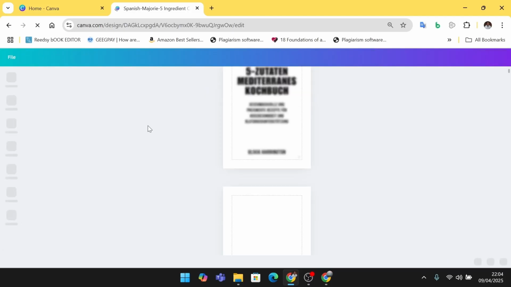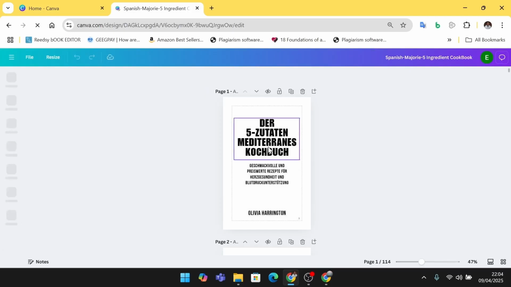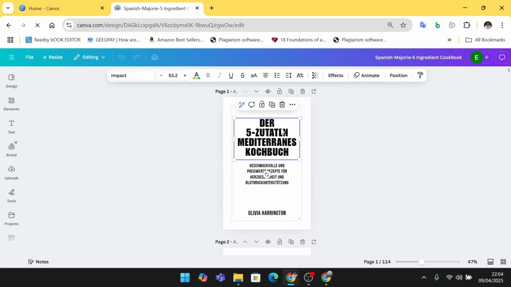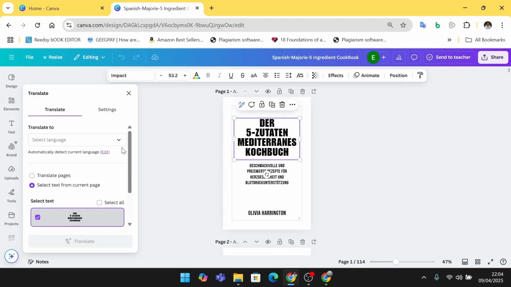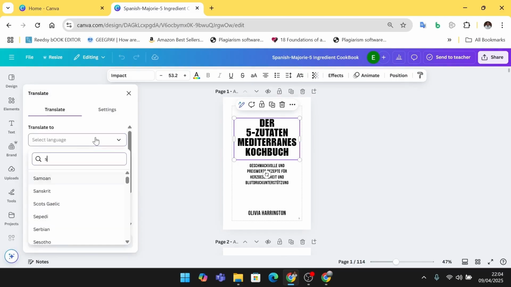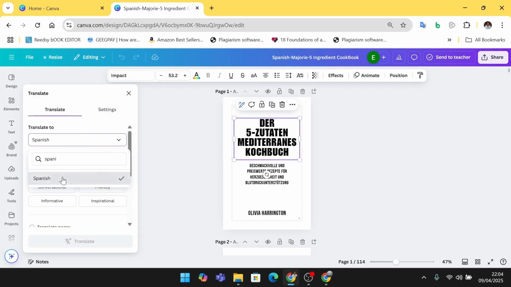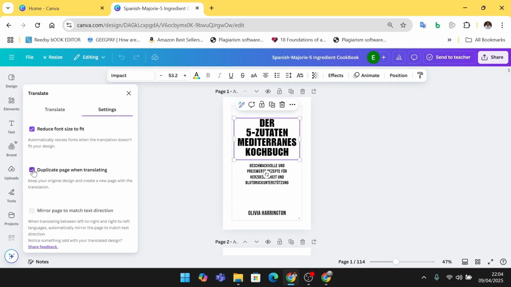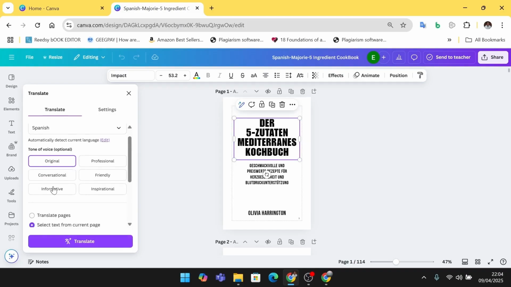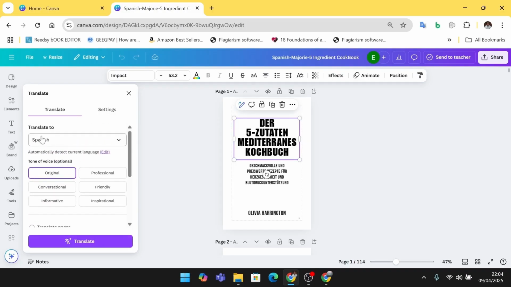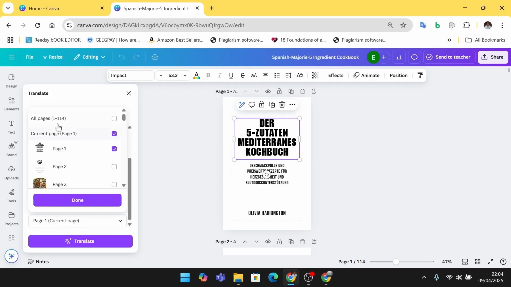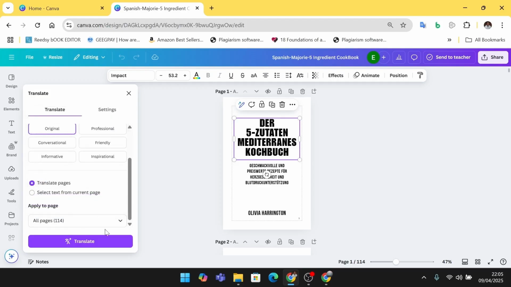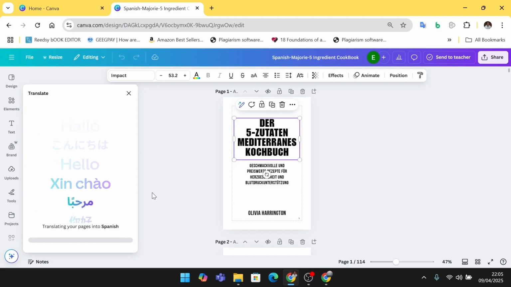Next, because this is German, not Spanish, I'm going to click on it, click on the 3-dot icon, and choose Translate Text. I'll choose Select Language, choose Spanish, and then OK. I'll go back to Settings and make sure this is unchecked. Only this should be checked. I'll go back to Translate and make sure this is original. I've selected the language. Translate Pages: I'll click on this, make sure I select all pages, click Done, hit Translate, and it's going to translate